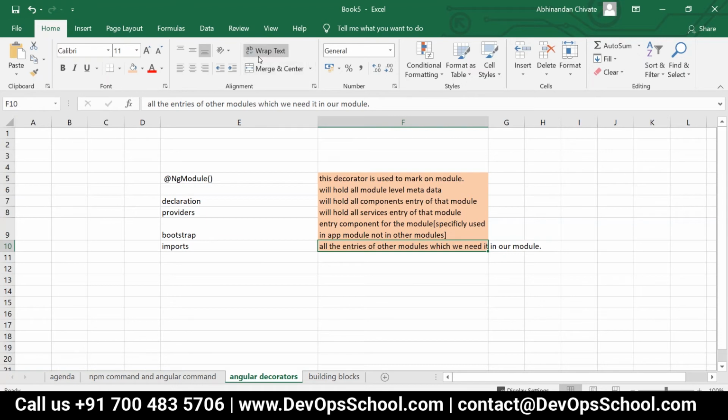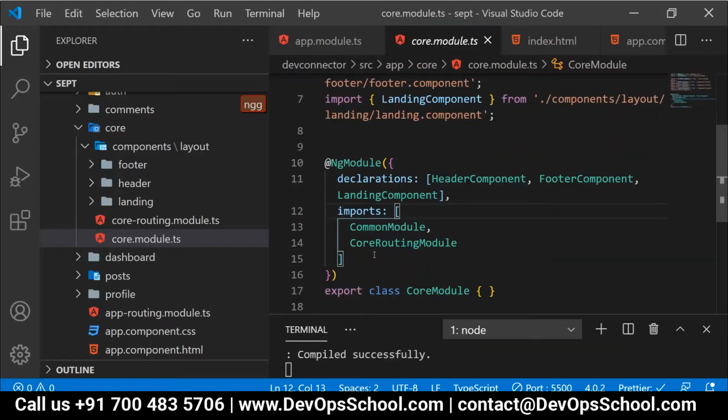For example, here, common module and other modules are required in my core module. So do we need to import these modules or not?